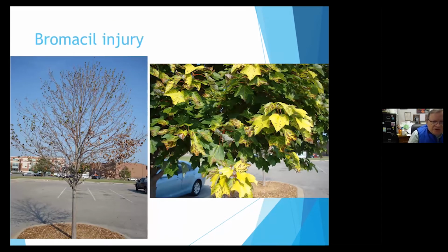This was an interesting one. Sometimes over the years, I've been involved with some instances where people have been sold something that's better than Roundup. It's going to be longer lasting. And yeah, it is. It's basically a soil sterilant like Bromacil that's used on railway right-of-ways and around power substations,